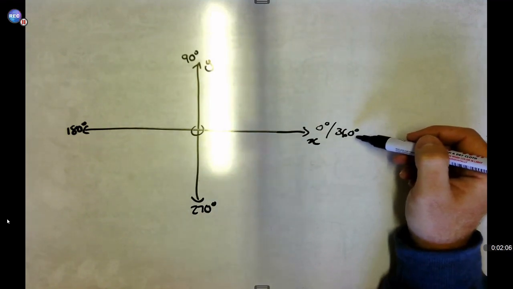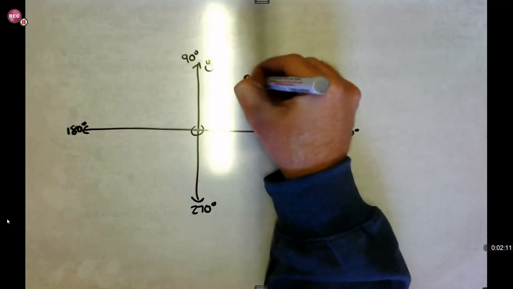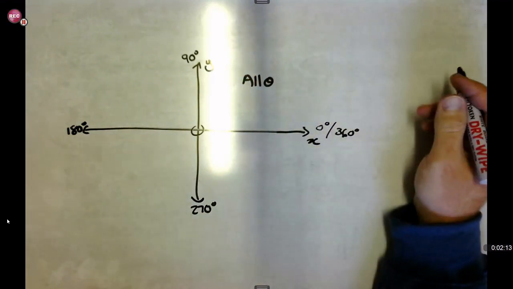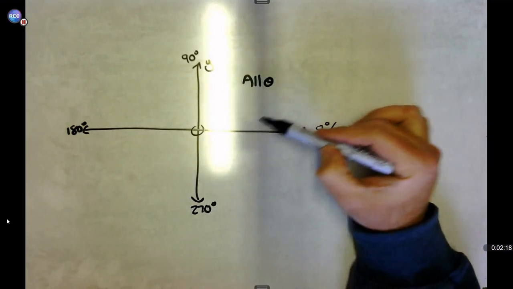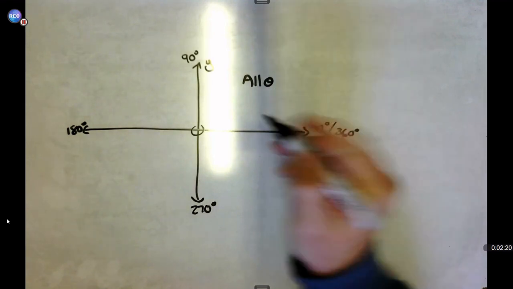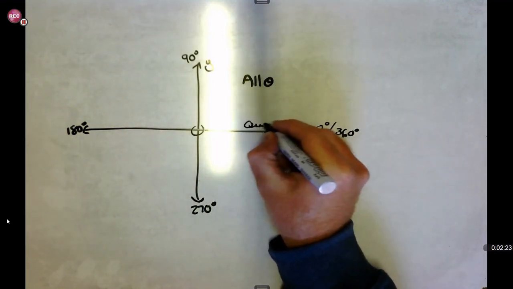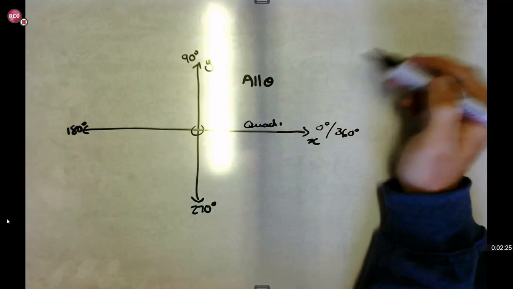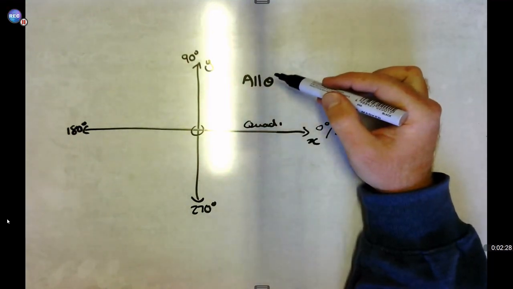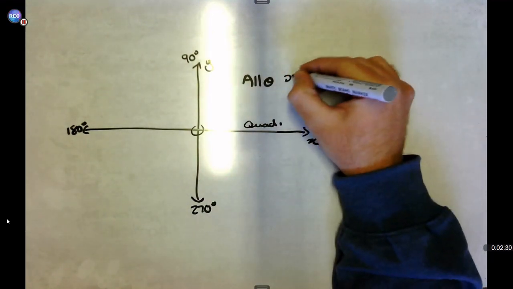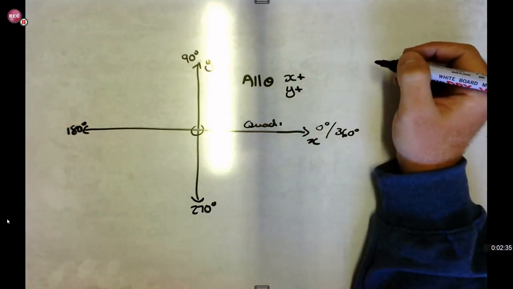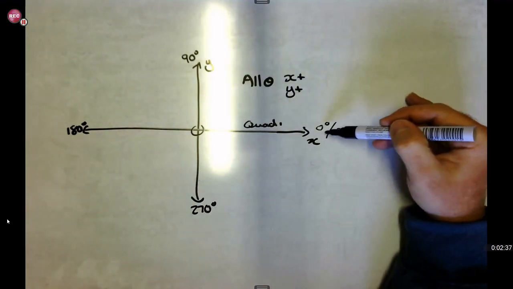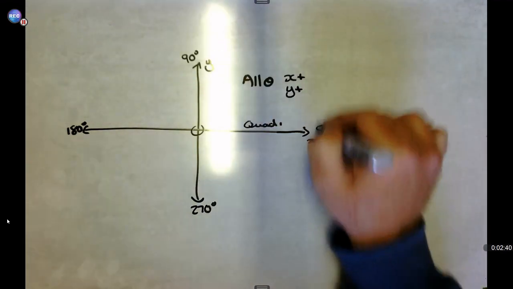Okay. Also with that, you need to know that all, meaning sine, tan and cos, all of them are positive in this quadrant. And with that, this is also quadrant 1. So in quadrant 1, all of them are positive. Okay. And the reason why all of them are positive is because the x values and the y values are all positive.